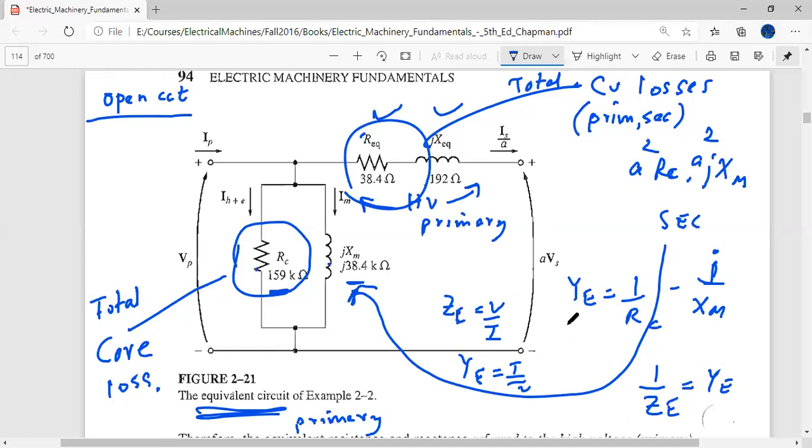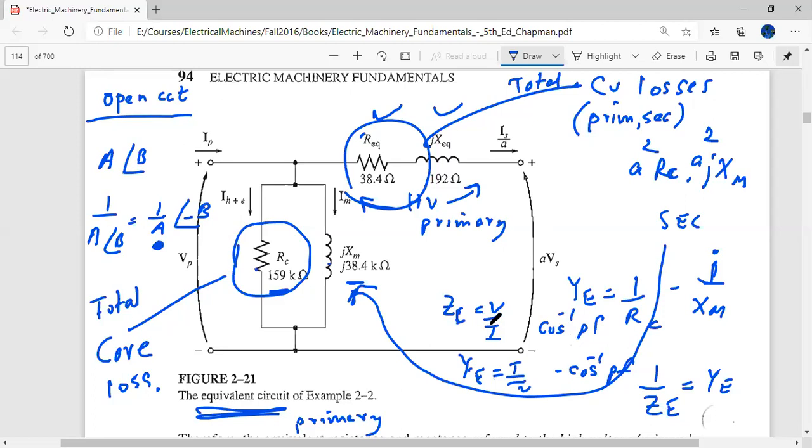And for finding the angle of impedance, we do cos inverse of power factor. But since we are dealing with the admittance, it will become minus cos inverse of power factor. Why? Because if you have something like this, A angle B, and someone says what is 1 over A angle B, you say it is 1 over A and the angle becomes minus B. So we are doing the same thing. Take the reciprocal of the impedance. Instead of V over I, do I over V, and take the minus of the angle, not the actual angle, but take the minus of the angle. Is your question clear, Asadullah? Yes, sir. Thank you, sir.